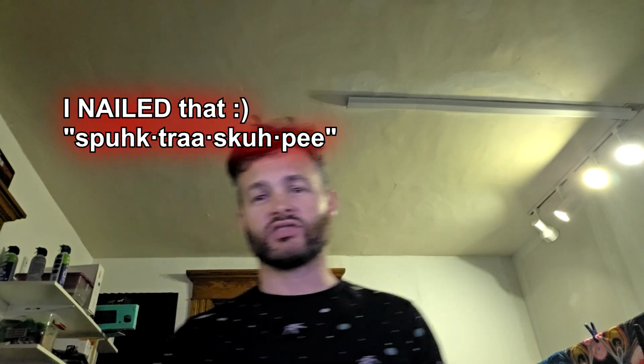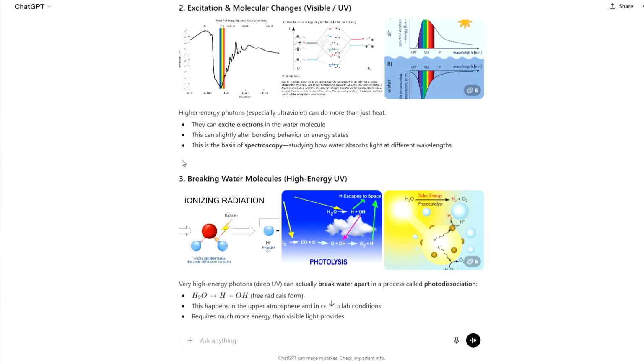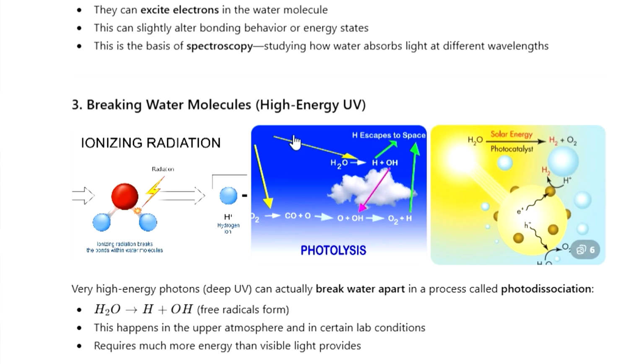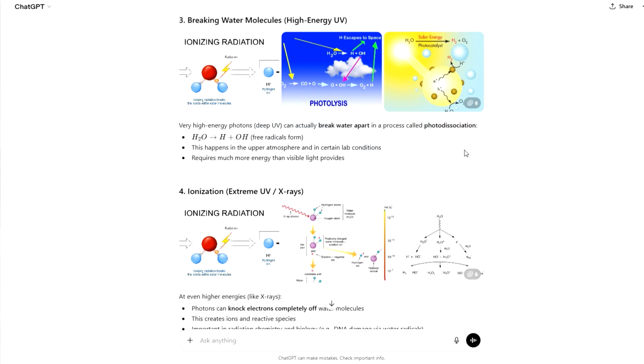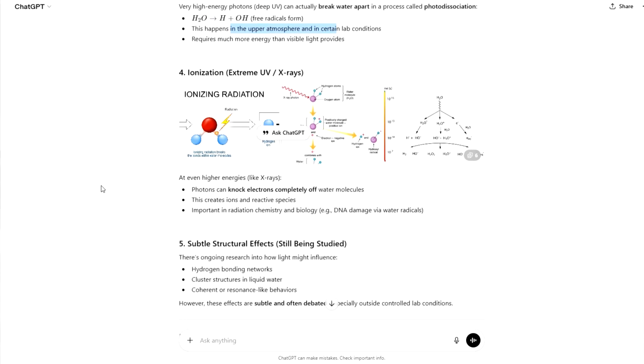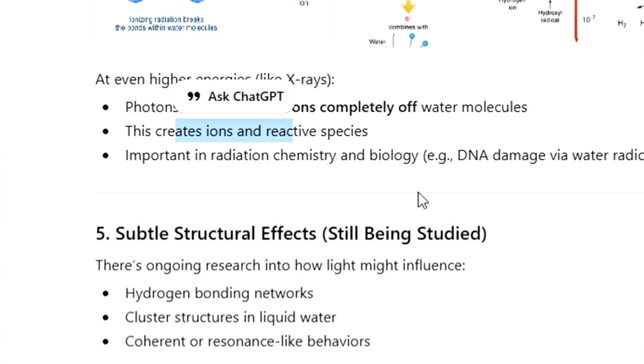Stan Meyer talks a lot about this and the hydrogen fracturing technology, and this is kind of confirming it here as far as the actual science that's being applied to it. We're looking to excite the electrons. We're looking to alter the bonding of these. Breaking water molecules, high energy UV: very high energy photons actually break apart water in a process called photodissociation. Then we have ionization, under extreme UV or X-rays. At even higher energies, photons can knock electrons completely off water molecules and can create ions, and that's like what we're